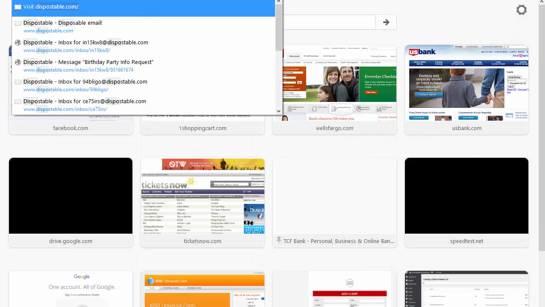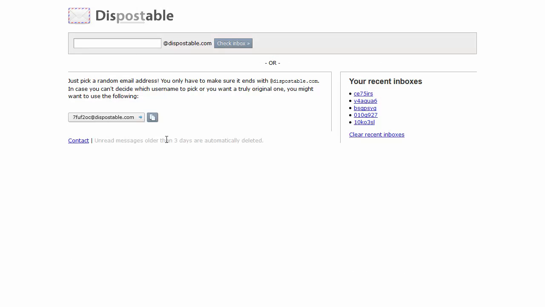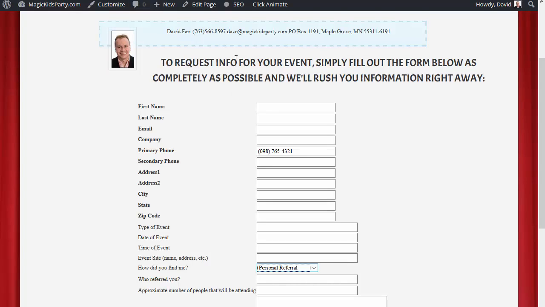So we're going to go to disposable.com, and they're going to give us a random email inbox here. I'm going to go ahead and just hit copy to clipboard. I'm going to use that. It's an email that's never been inside my OneShop before, so it's going to seem like a brand new email address to OneShop. I'm going to go ahead and just fill in everything else here using RoboForm, just real quick to save some time. And then on the email address, I'm going to paste in the special disposable email address. So that way it shows in OneShop as a brand new